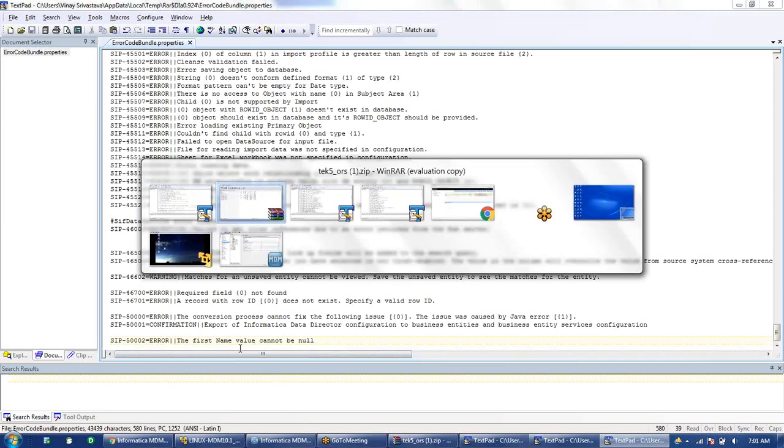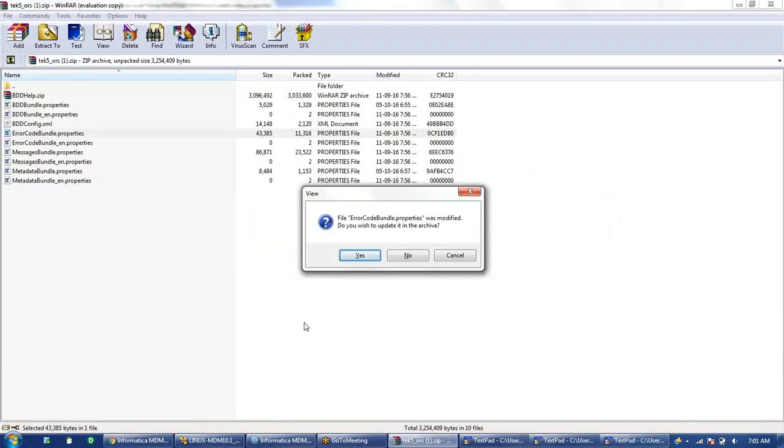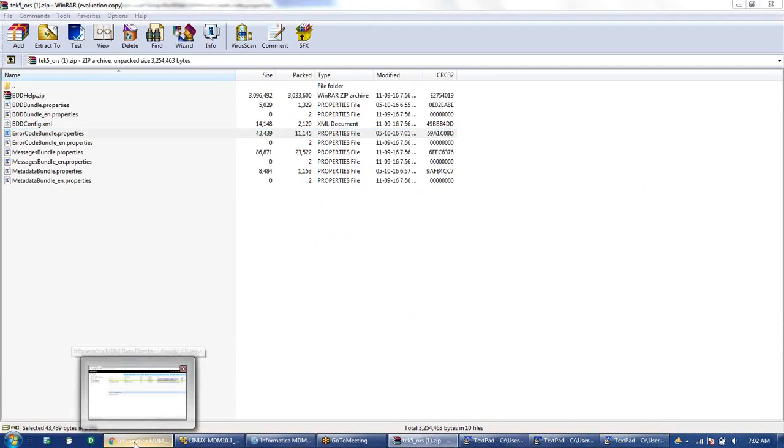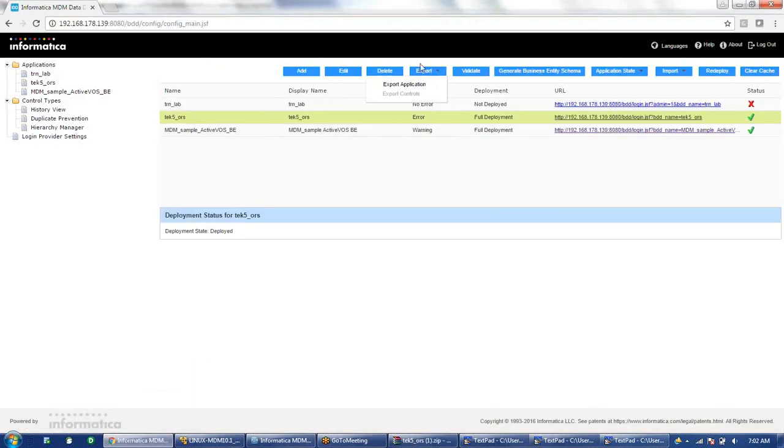So these are the main files which are there in this. Now if you go back to the application, we have done an export. Now after export, we have an option to import. So in the import option, we have import IDD configuration, import complete IDD application, or import to existing IDD application. So these are the 3 options which are available. The first 2 options we use only for the first time.